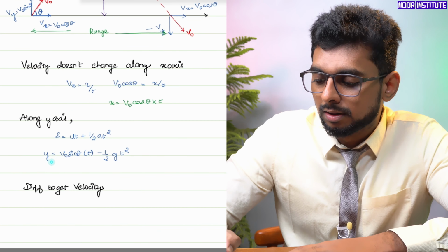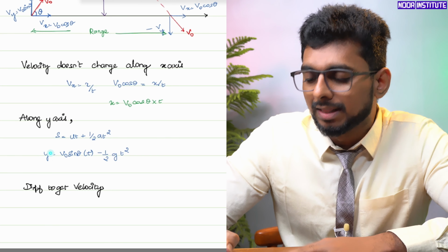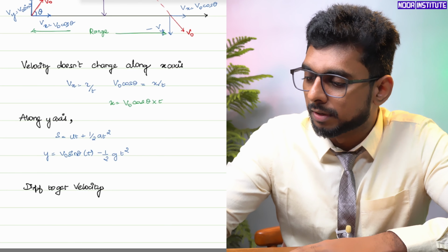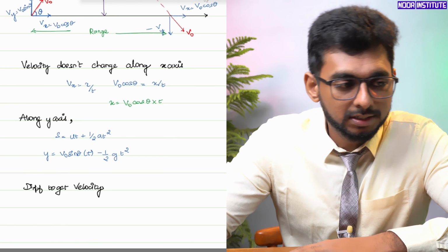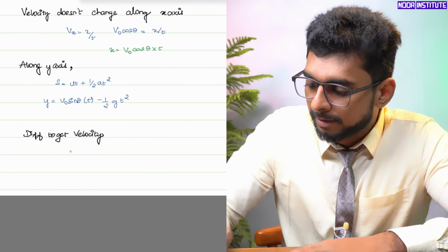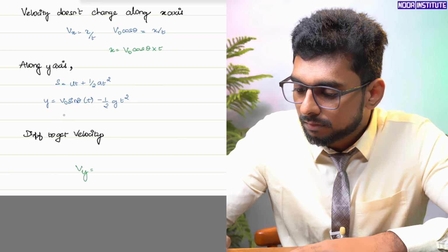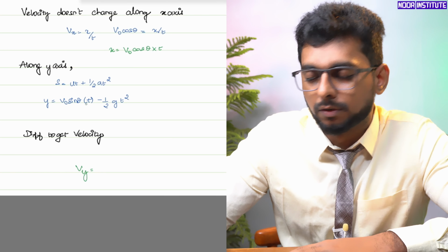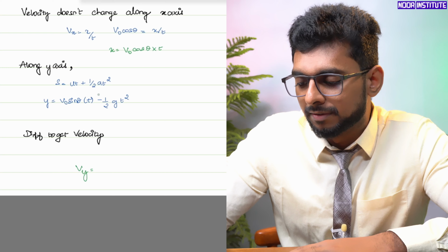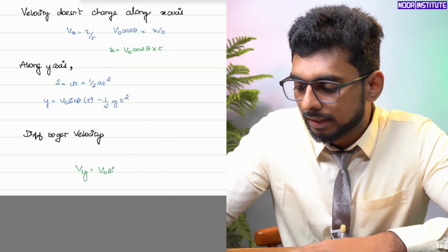So here I have got the equation for the y, right? If I differentiate it one time, I'll end up getting the velocity along the y. Straight away, simple. So I'll just differentiate it and then I'll get the velocity along the y. Here, velocity along the y will be equal to, if I do the differentiation with respect to time, t is to the power 1, therefore you'll have a constant thing, which is v naught sine theta,